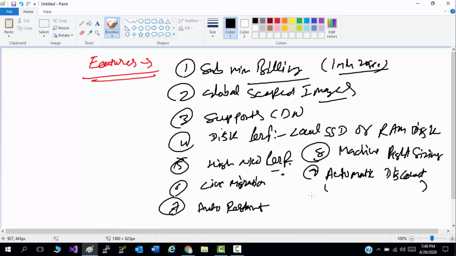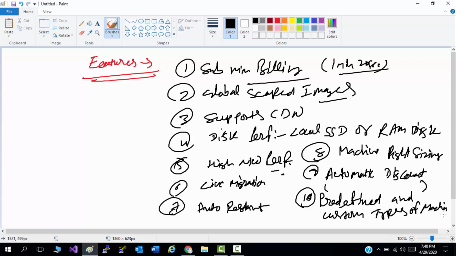Number 10 is that you can use predefined images, and predefined and custom types of VM or machine.